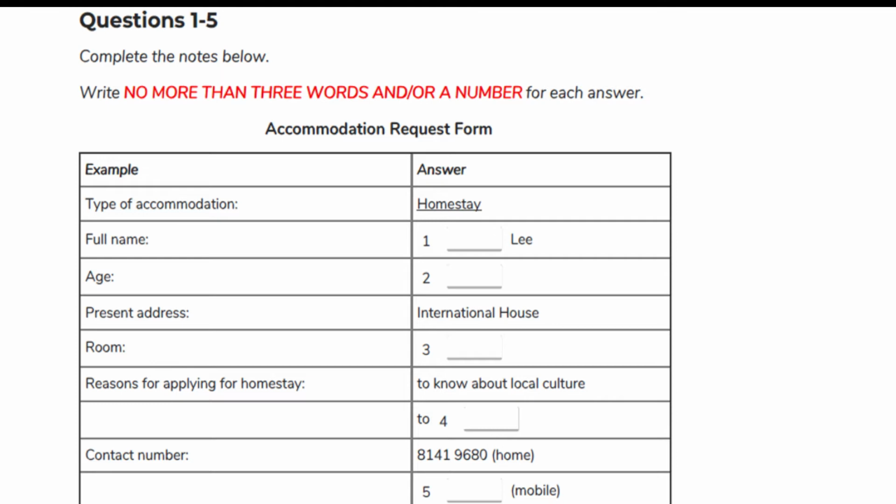Section 1. You will hear a conversation about homestay registration between a student and an accommodation advisor. First, you have some time to look at questions 1 to 5.